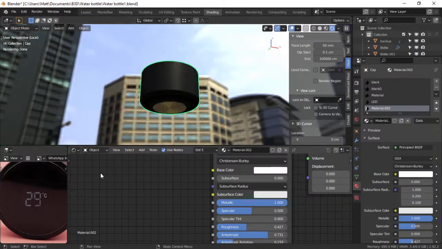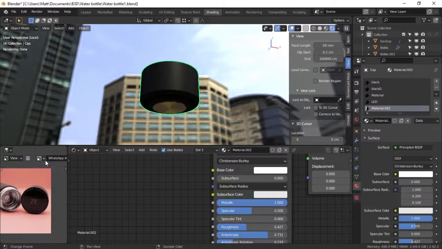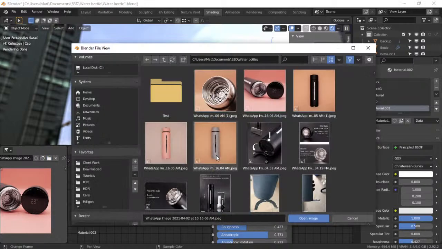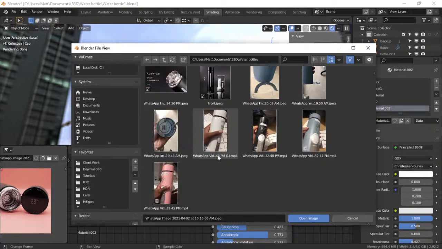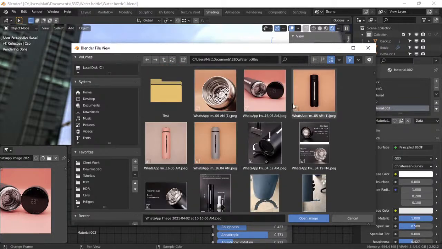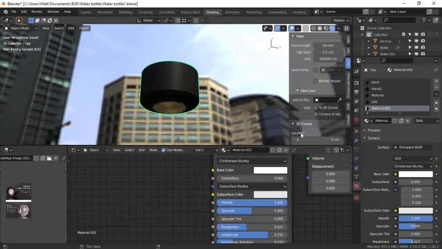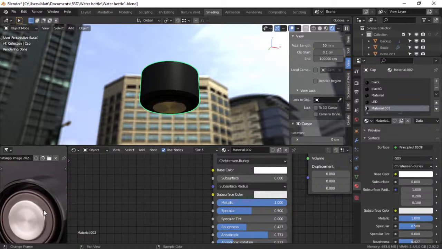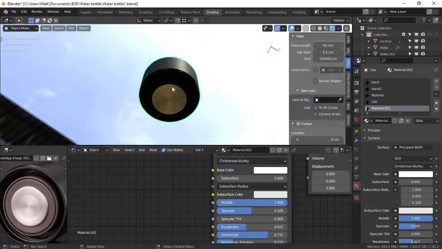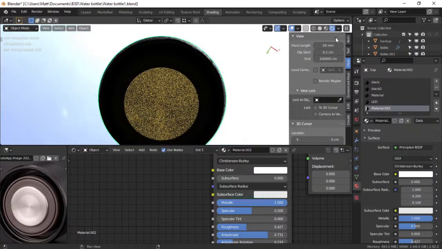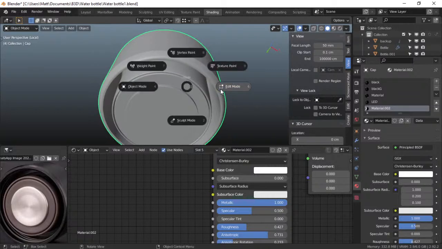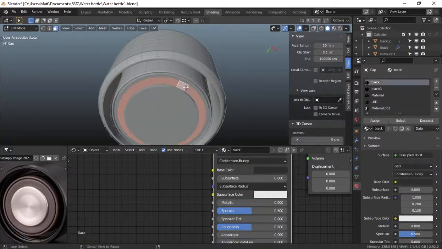Because that was metallic. There's another view of it that we were looking at before. Here it is. And then this is a brownish color. So this object is pretty popular when it comes to